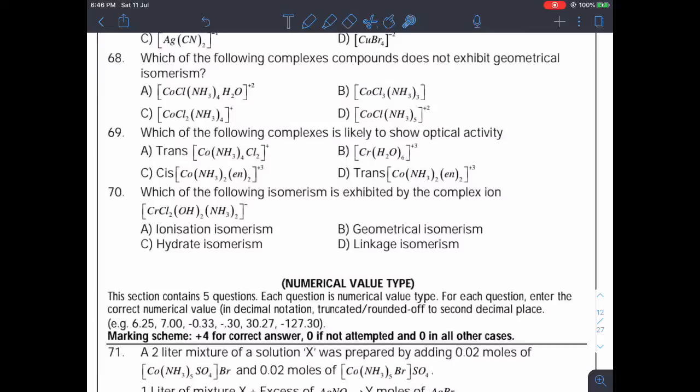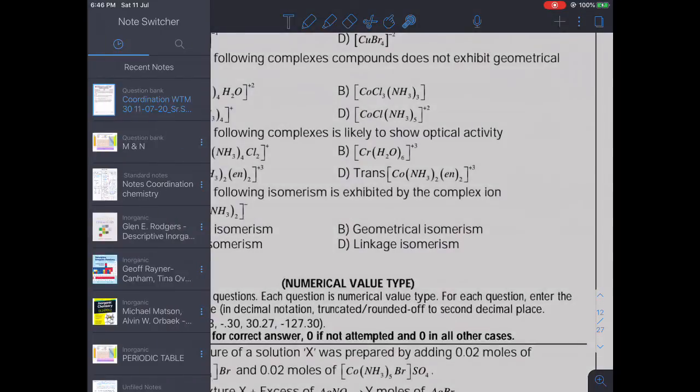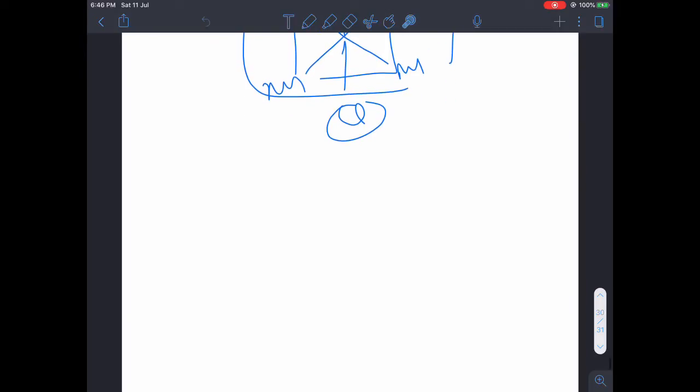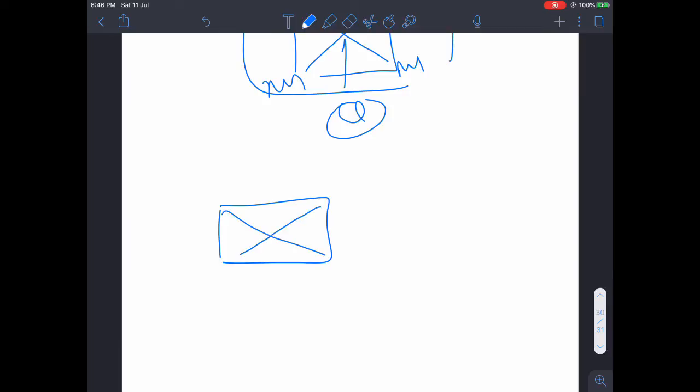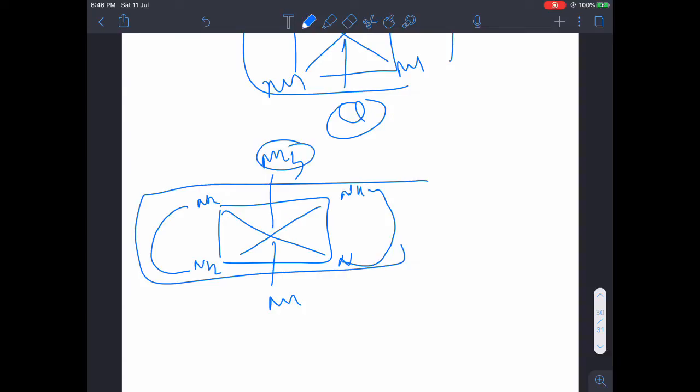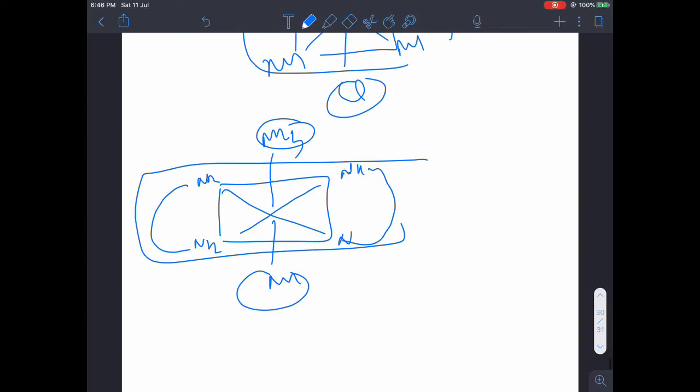So now let's move to the cis molecule of this and the trans molecule of the same thing. So cobalt, ammonia, and another is bidentate. Now if you talk about the cis and trans version of that, so trans of the ammonia and en, you know this ligand is en, NH2 CH2 CH2 NH2. As you can see, plane of symmetry about this. So the trans one is optically inactive.